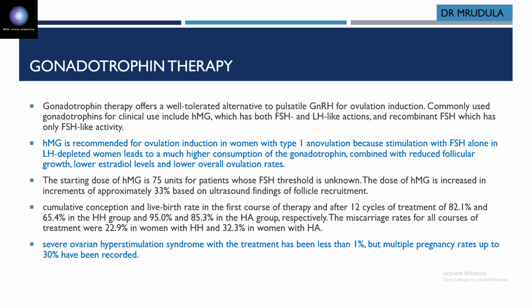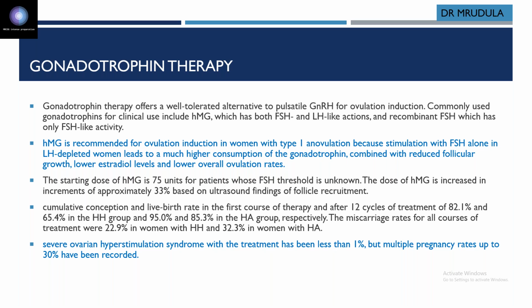Gonadotrophin is also an alternative to pulsatile GnRH treatment. Commonly used gonadotrophins are HMG and FSH. HMG has both FSH and LH-like action, so HMG is preferred for type 1 anovulation, because these patients are also deficient in LH, and FSH alone would require a higher dose. So you have to use HMG for ovulation induction in type 1 anovulation. The starting dose of HMG is 75 units, and the increment should be done in 33%,